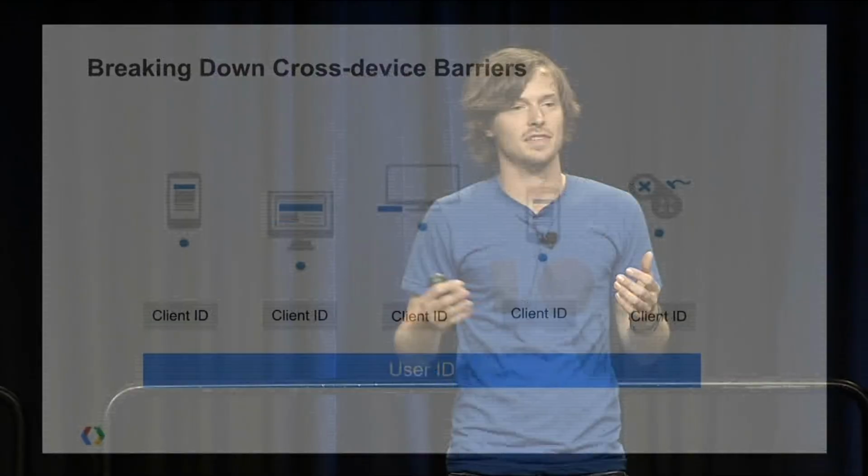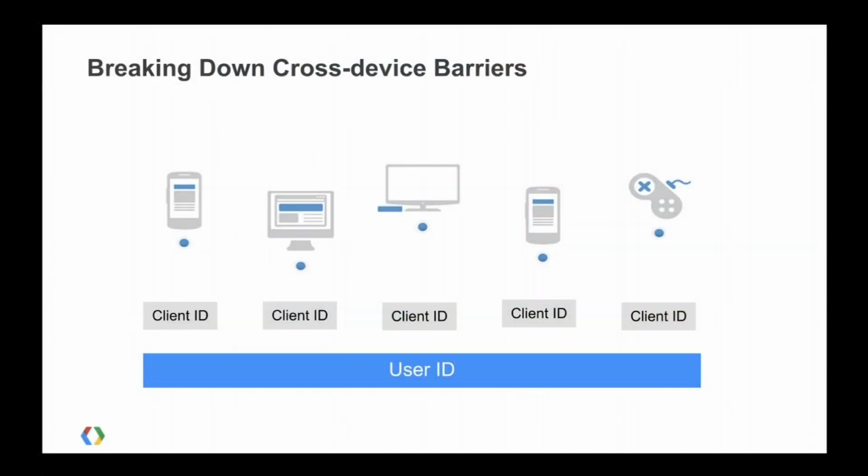This is where client ID starts to feel a little bit like some walls that we run up against in analytics today. So we're introducing a brand new ID called user ID. And the difference here is that user ID is going to represent a single user across all of their devices. And with that user ID, we can start to break down those walls and start to answer some of these really cool cross-device questions. Let me show you a really simple example of how this is going to improve GA reporting.